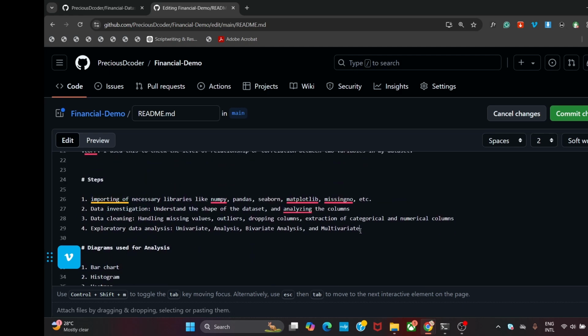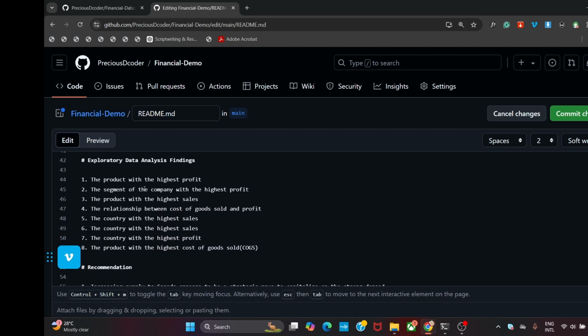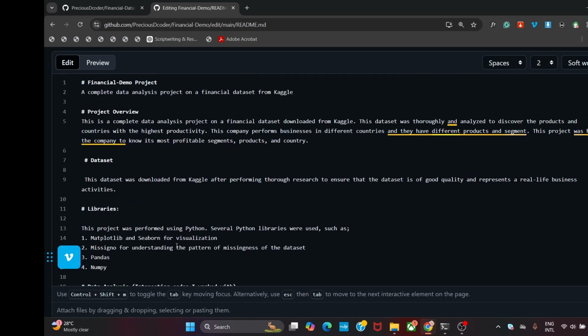So this is where these steps can be 5, 10, 6, depending on you. All right. So we talked about the steps, we talked about the diagram used for analysis, then we talk about the exploratory data analysis findings, then we talk about the recommendations, then we talk about the limitations, then resources. All right. So these are the major steps your readme file needs to have,